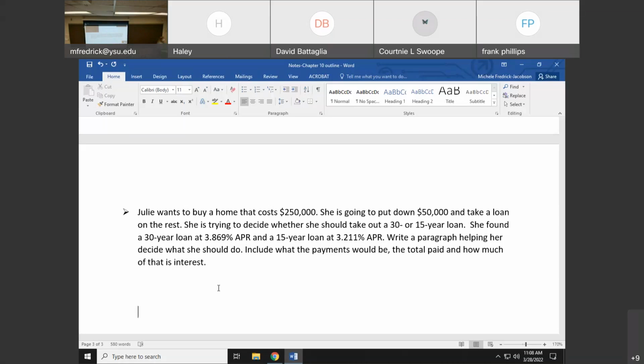Sometimes they're the same, but usually it's cheaper. Okay, so we're getting a loan. Our principal is $200,000. Now, if we do the 30-year loan first,